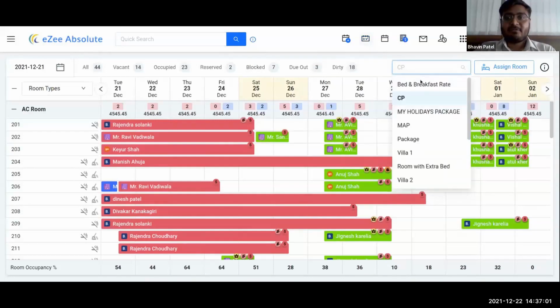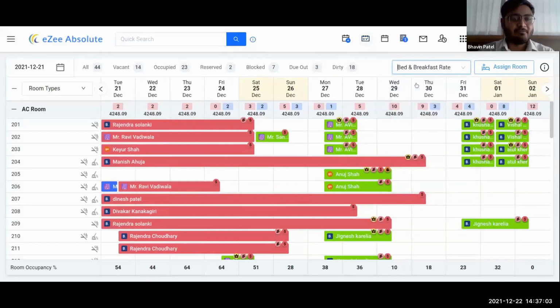Right, so we are on the stay view, and you may be finding that we have enhanced this stay view with the best possible we can do. The stay view has various small enhancements which are helping our users make their work more efficient. If I start from the top of the screen, now we have this quick overview of the property on the stay view as well,